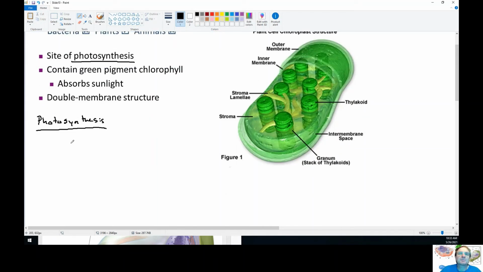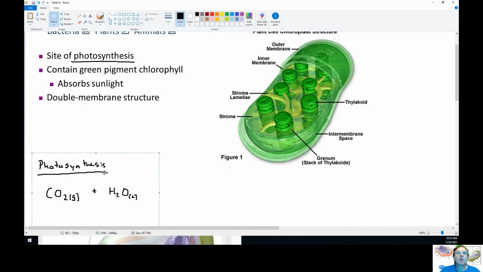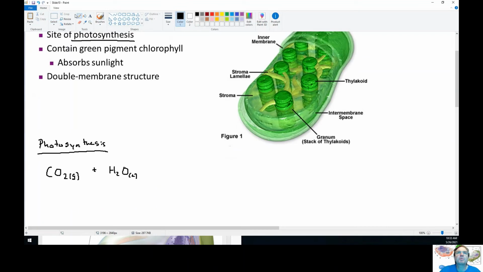Okay, so photosynthesis, plants take in carbon dioxide, right? So that's going to come in through the leaf. And this is going to come up through the roots, right? Water. Those two basic ingredients. Just going to give us a little bit more room here to write this chemical equation out. So we've got a couple products. These two